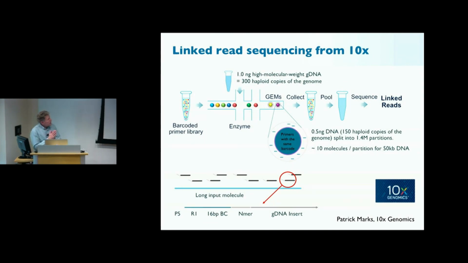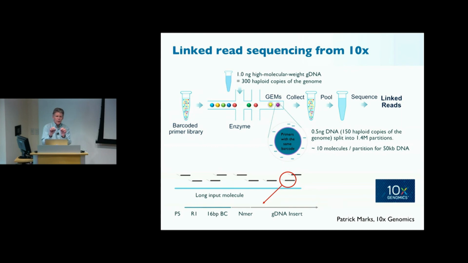Another technology that has become available more recently and has a lot of promise for looking at structural variation is linked read sequencing from 10x Genomics. And the idea behind 10x is that you take, again, long molecules, 100 kb, if you can get them into your library without breaking them. And then you use this bead-based method in library preparation. And what you do is for each long molecule, like 100 kb, you sequence it very lightly. So you maybe get 10 or 20 reads from that molecule, but every one of those reads is barcoded with